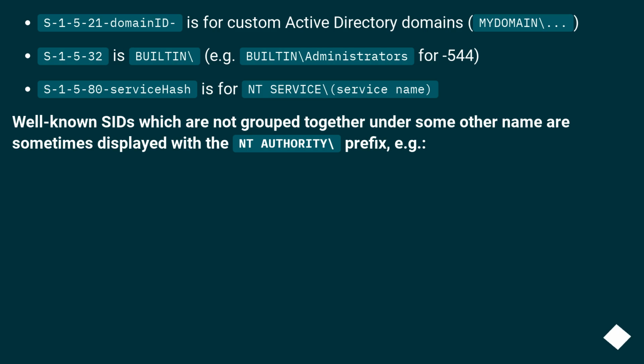S-1-5-21-domain is for custom Active Directory domains, mydomain /... S-1-5-32 is BUILTIN /, for example BUILTIN / Administrators for -544. S-1-5-80-servicehash is for NT SERVICE / servicename. Well-known SIDs which are not grouped together under some other name are sometimes displayed with an NT AUTHORITY / prefix, for example: